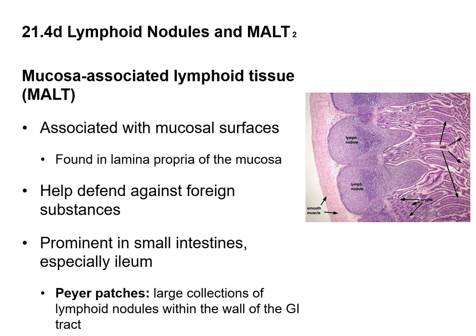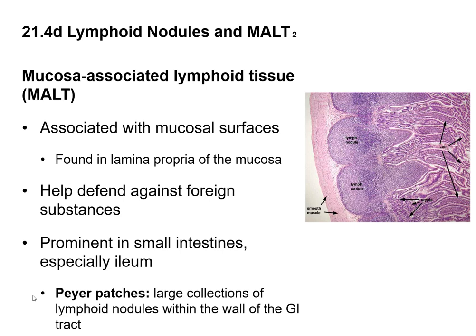So again, in the wall of the GI tract. And so things that have entered through the mouth, entered via the food or liquid that we've consumed, gone into the esophagus, stomach, small intestine, they're going to encounter these lymph nodules as they work their way through the GI tract, right? So that is where we will stop and wrap up our